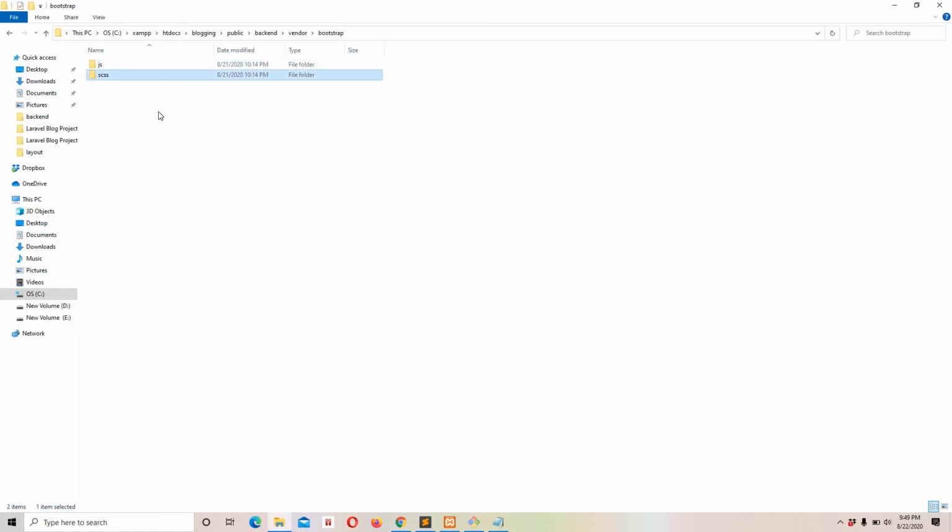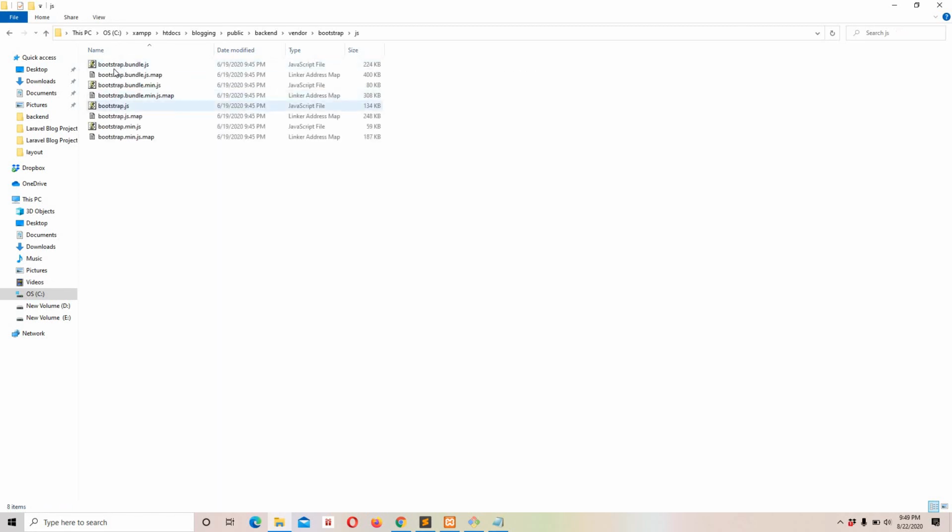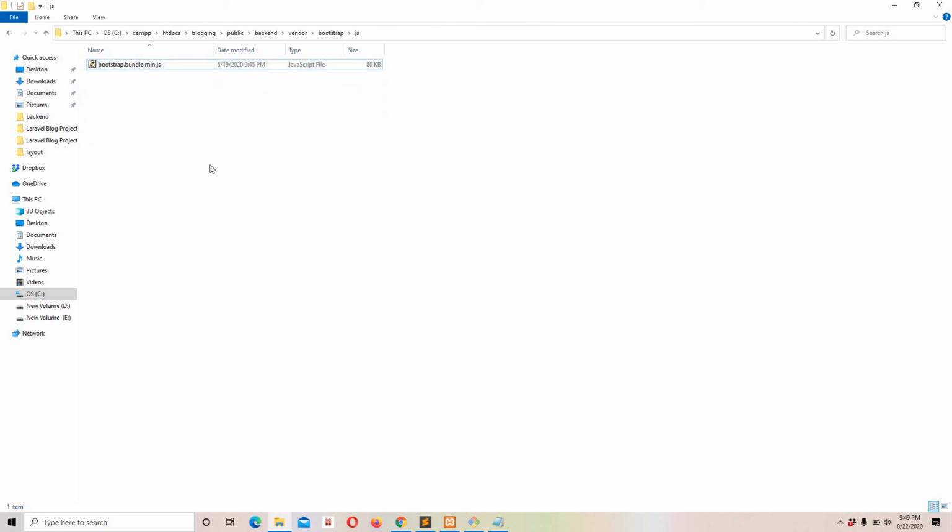I will just remove it. JS, and from this JS I am only using bootstrap.bundle.min.js, so I will just remove everything else. Yes, let's get back, and now we have only one file.